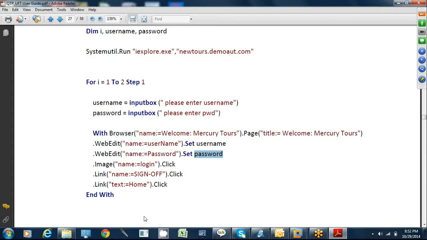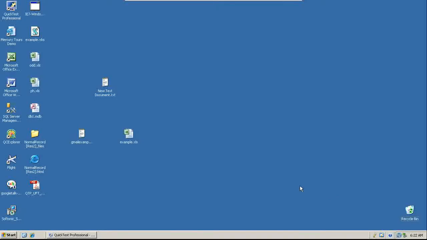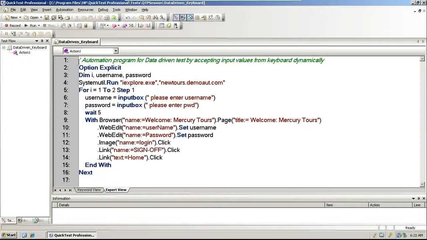So before going on, I'll go to our test case again here. What I'm doing is accepting the data from keyboard dynamically, in the sense that I accept it whenever it is required, so only at that time it will prompt.